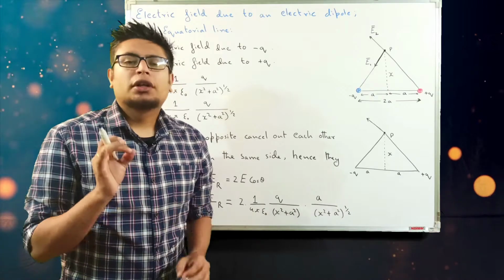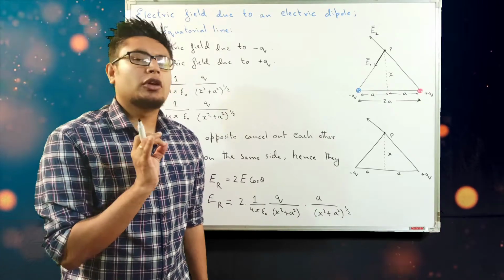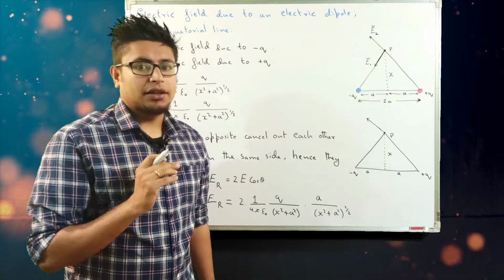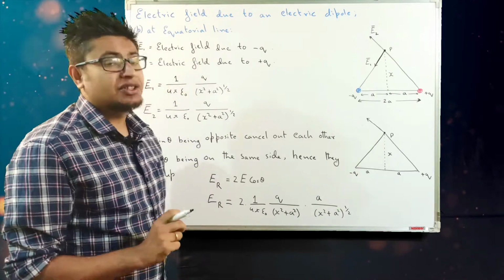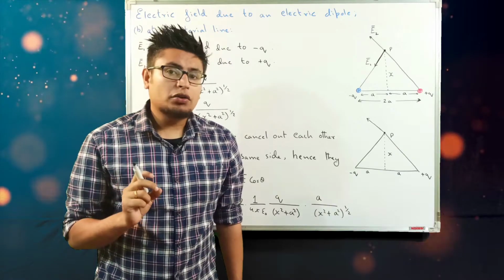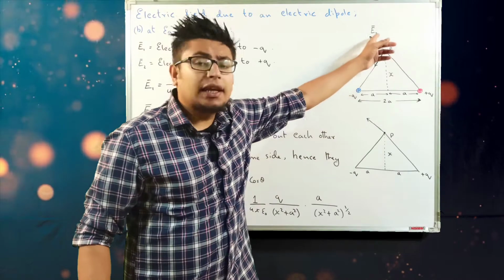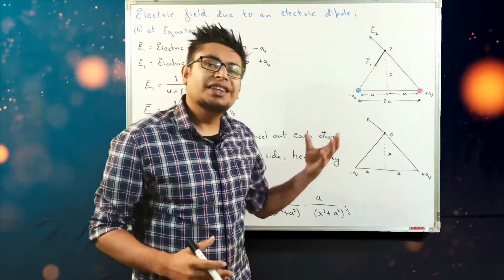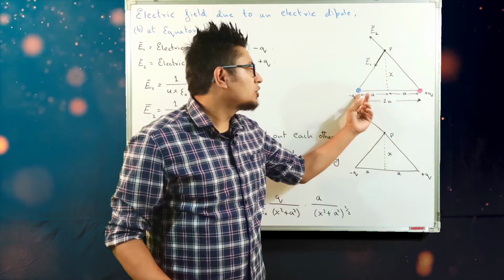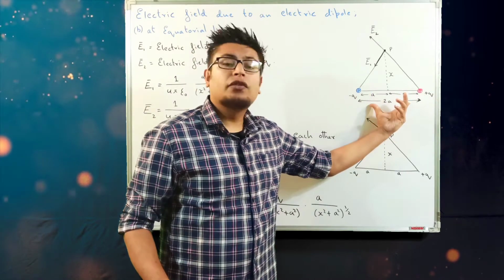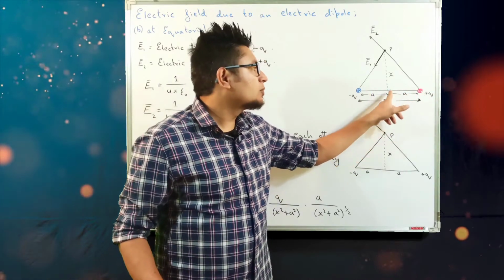Previously we saw the electric field at a particular point due to an electric dipole on the axial line. Now we are going to take the case where we want to find the electric field at a particular point P on the equatorial line. So in this case, I have a minus q charge here and a plus q charge here, separated by a distance of 2a. I take the midpoint